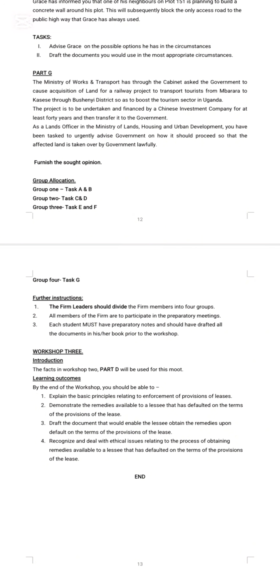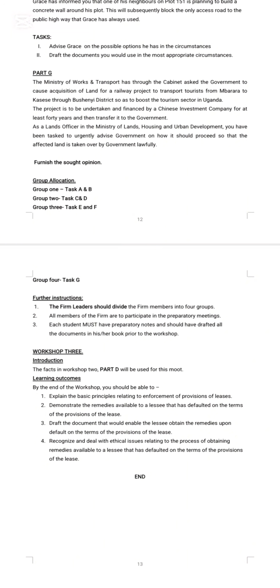So when you look at sections 110 and 111 of the RTA, they provide for leases. So basically some of the covenants can be implied by the law, whereas others can be implied by the agreement. Then demonstrate the remedies available to a lessee that has defaulted on the terms of the provisions of the lease. So once you have defaulted on the terms of the lease, first and foremost, if they are going to evict